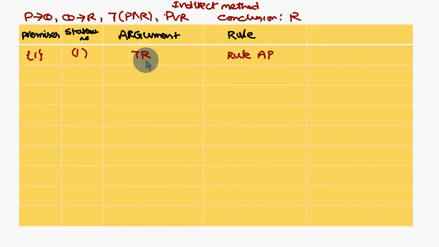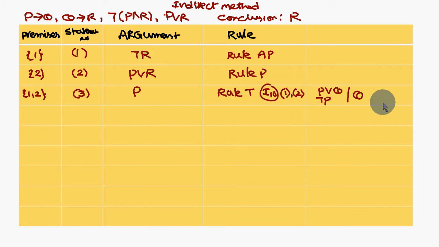So next, I am introducing P ∨ R. So P ∨ R and not R. The law I am using is I10. What does I10 say? P ∨ Q and not P, where P and not P get cancelled and you are left with Q. Similarly here, R and not R get cancelled and you are left with P. Okay. Next.